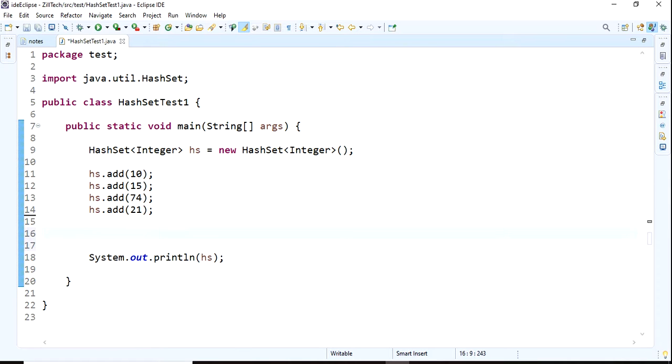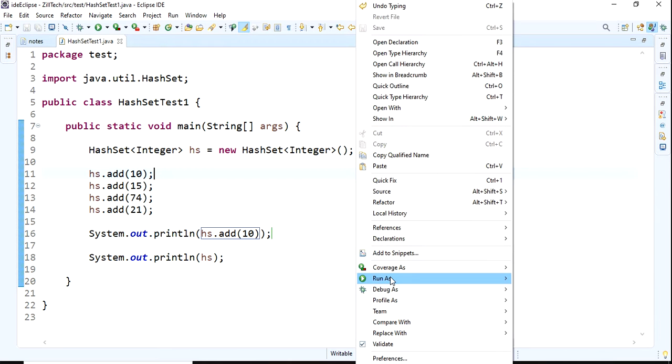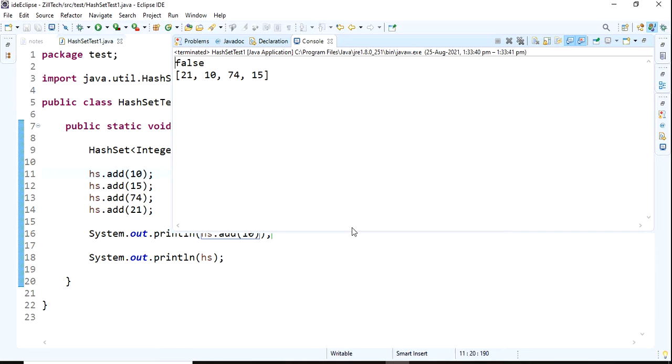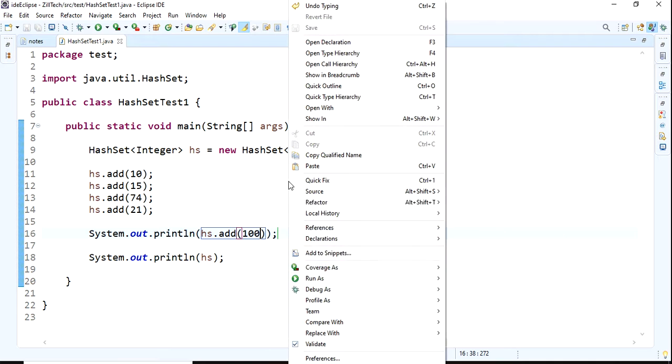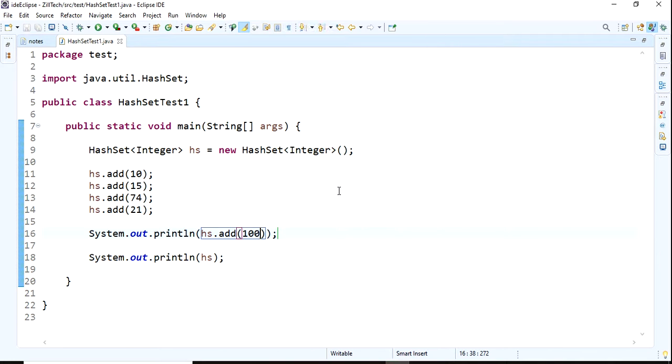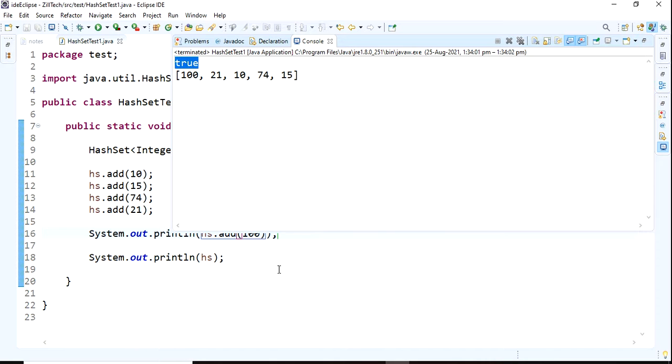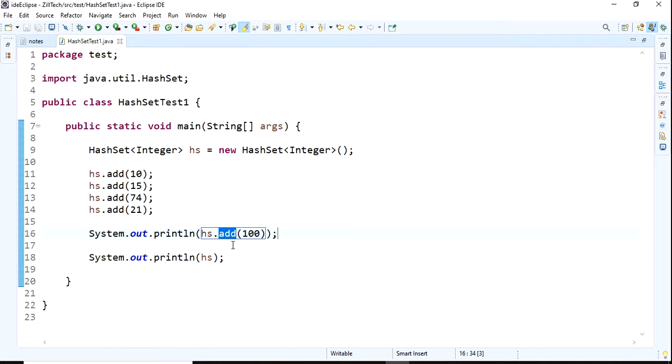If I show it with System.out.println, see, it returns false, because the hashing finds that the element is already there. If you give a different one like 100, it returns true and is added to the HashSet. This is a boolean method that gives true or false.